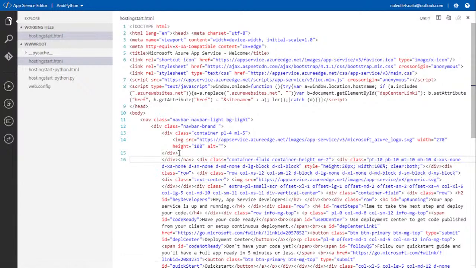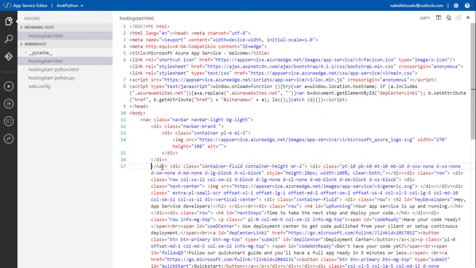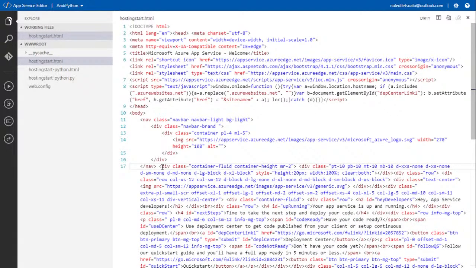And then this is another room. Oh, and this is another nav. Oh, this is closing the nav, so this one needs to go back, and then this one needs to go back. So I now know that this one and this one are a pair, this one and that one are a pair, this one and that one are a pair. Great.